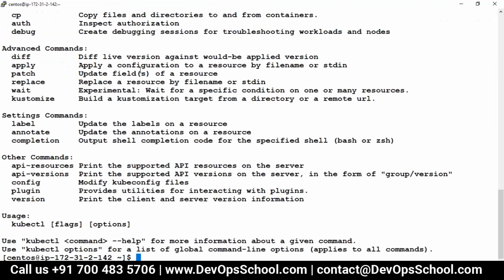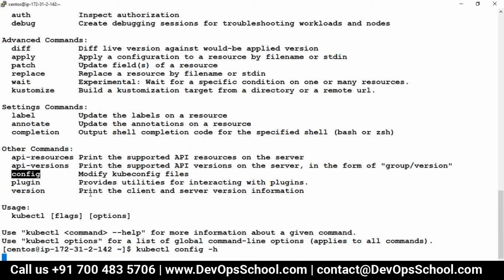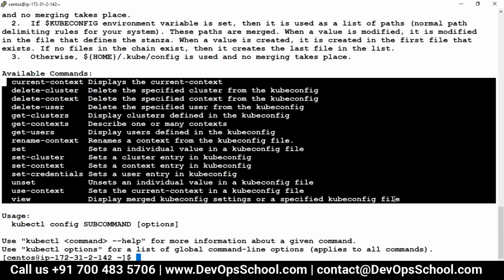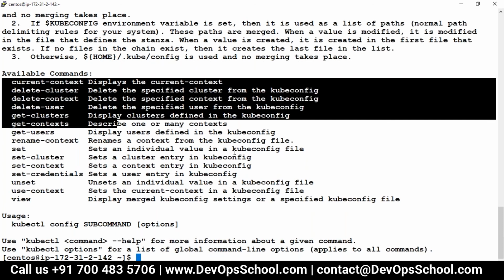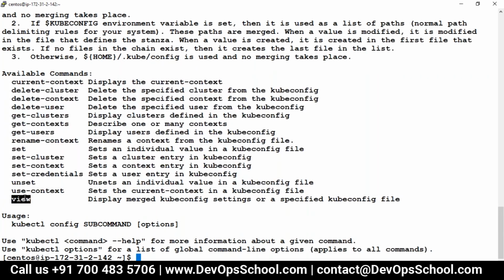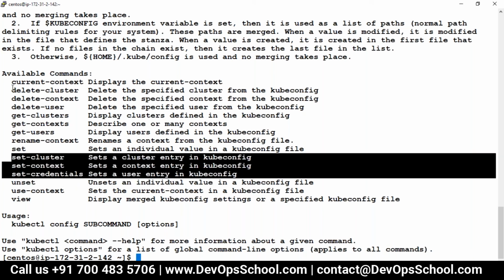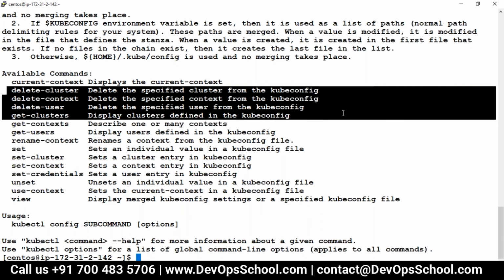I would like to know a few more commands. In the config itself, if you don't like the vi editor to modify the config, you have so many commands to run. Look at this here. If you don't want to modify the config file manually, you can modify it through the command line. You can view the config, just now I did this. You can add users, add a context, add a cluster through the command line. You can delete a cluster, context, and user also.